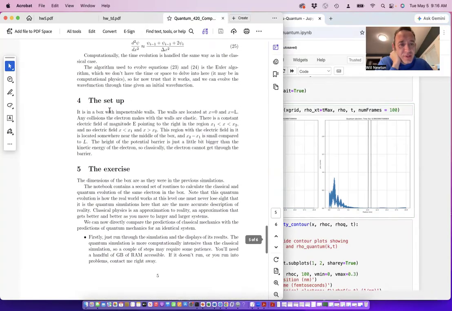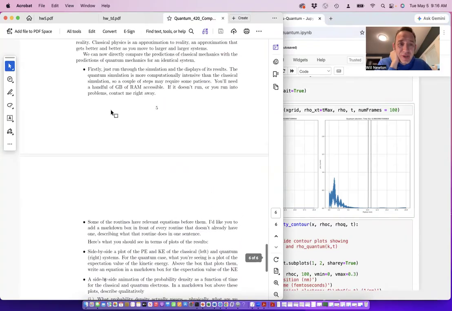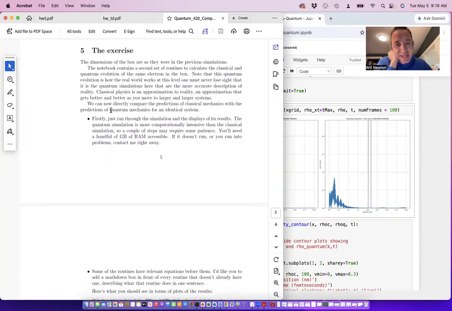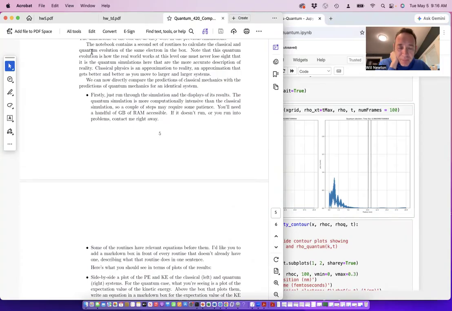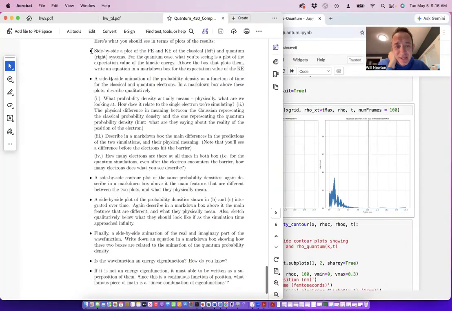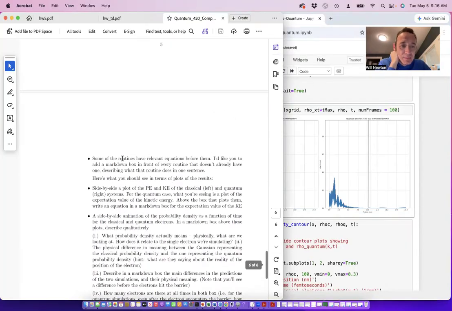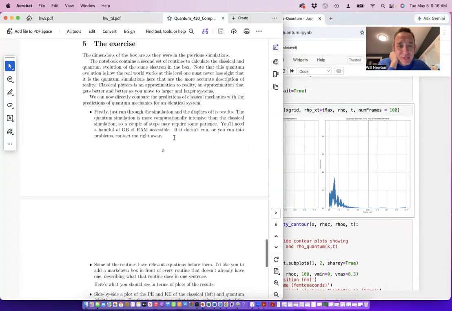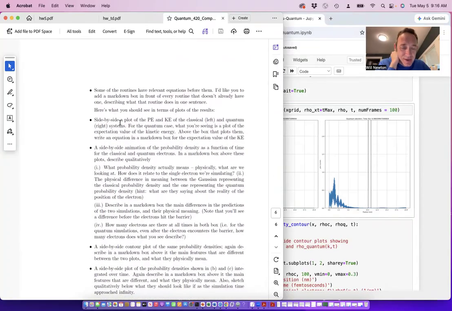So the core of this exercise, really the entirety of this exercise, is in section 5, which is helpfully called the exercise, and it's basically to complete any of the questions that appear in these bullet points. So the first bullet point is just run it, so you don't have to do anything there other than make sure it runs. And the second one,